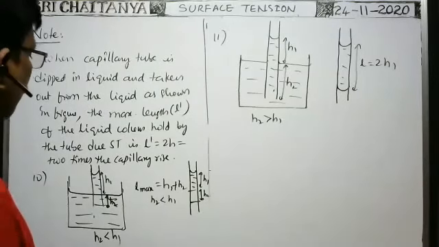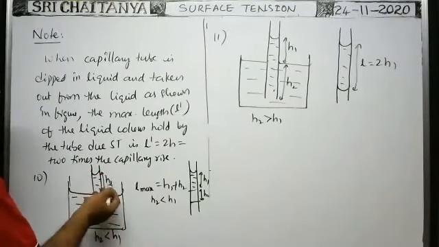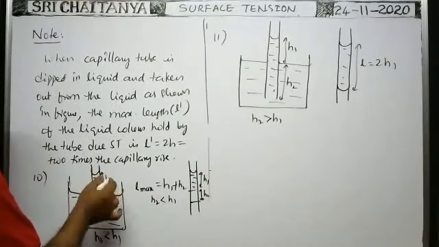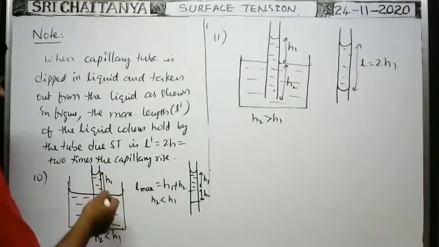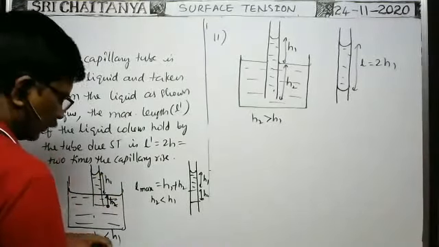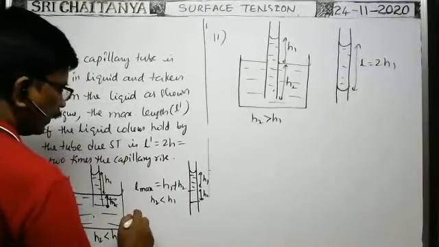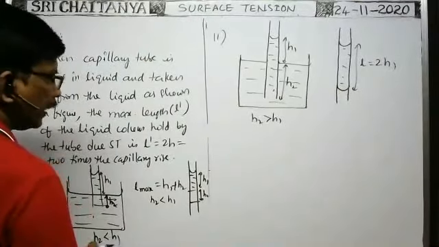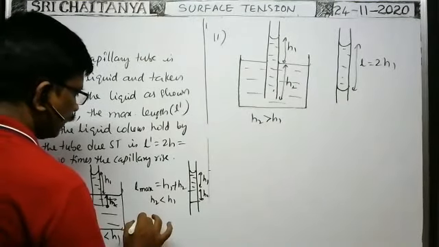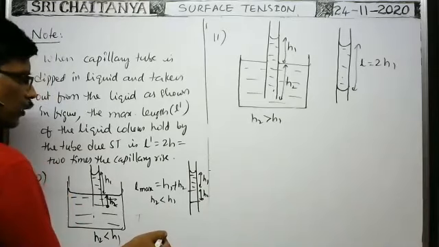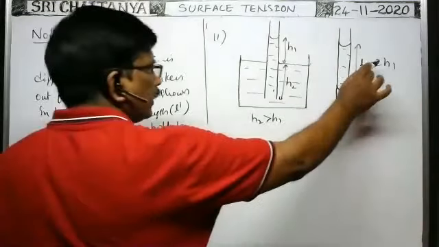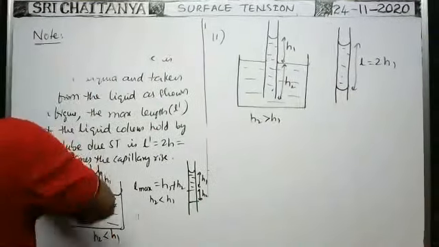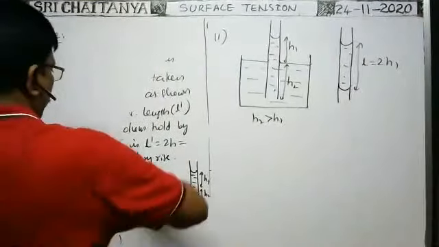Okay. Sometimes you may not be given the capillary rise here, but the surface tension will be given. Surface tension, radius of the capillary tube, angle of contact, everything is given. Because of the capillarity phenomenon, surface tension T is equal to r h rho g by 2 cos theta, is there, no? From that, you substitute the H value here. Okay, if you are given like that, right?